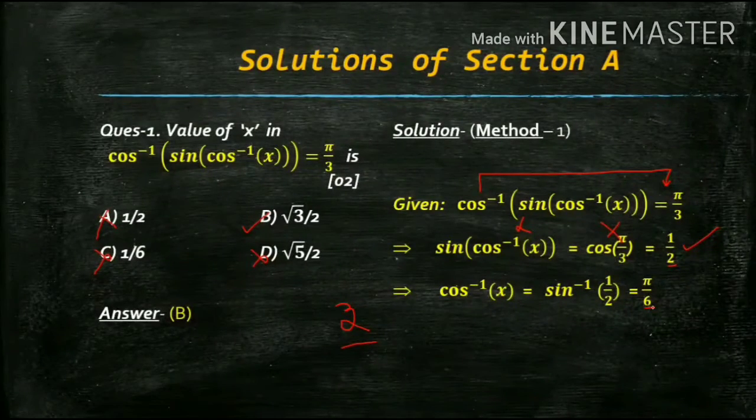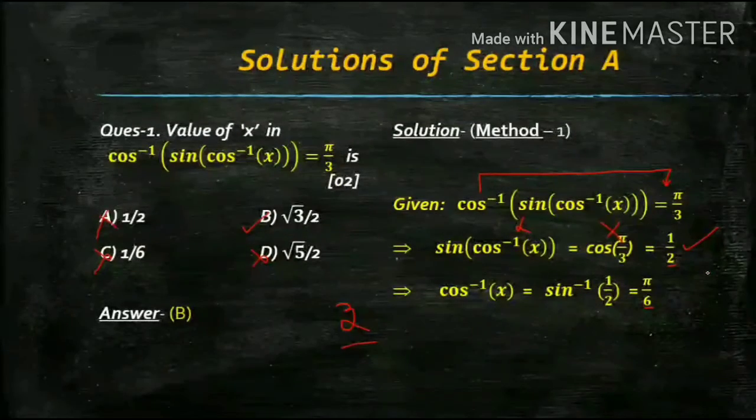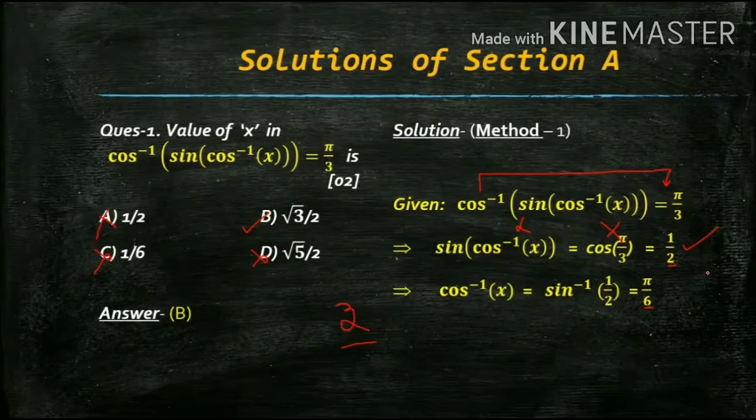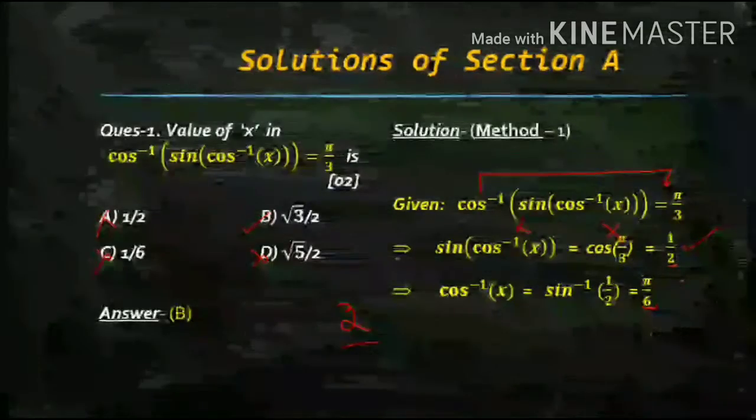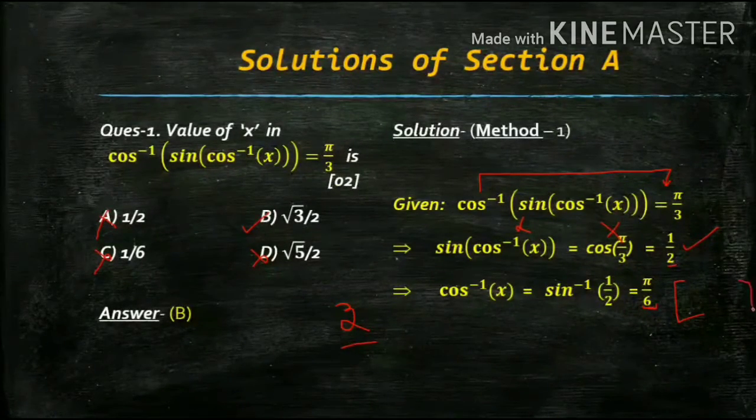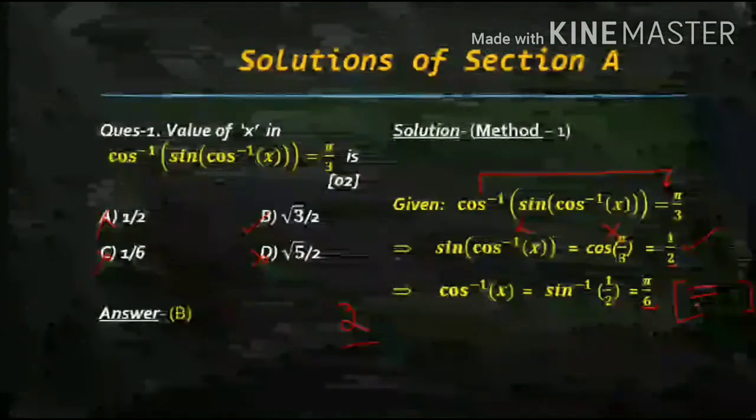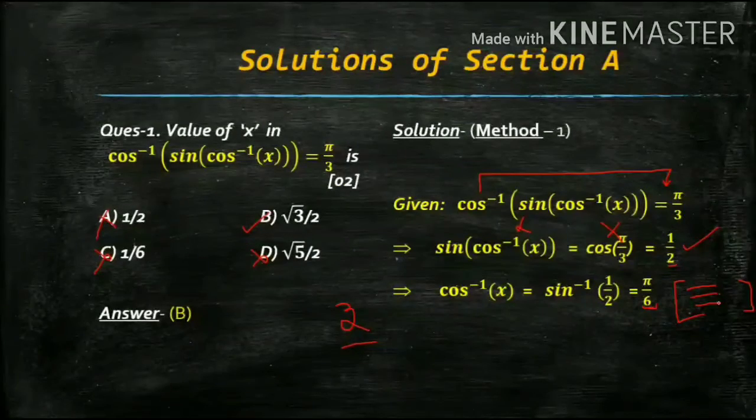Okay, so either you can do those 4 steps, or you can directly look at the fact that sine has the value half at pi by 6. That means 30 degree only. So you can directly write it as pi by 6. But in the bracket you need to just mention the reason, right? You have to say that principal value lies in that quadrant and sine is positive in that, so that's why sine inverse half is nothing but pi by 6. Okay, so you have to write the reason in the bracket, but I have not written it over here because you understand the reasons.